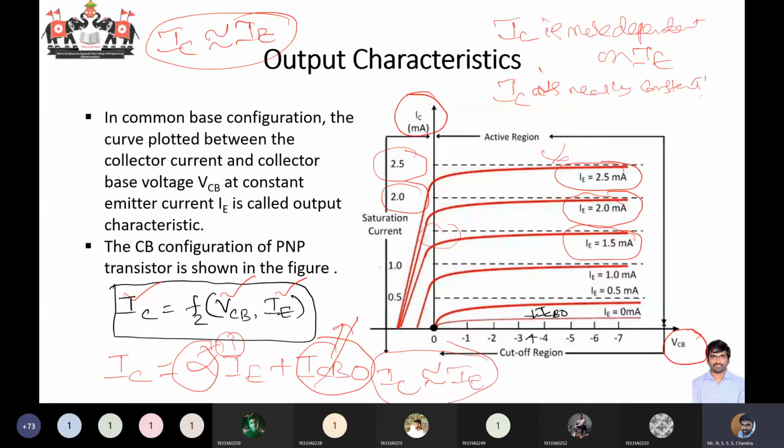So irrespective of your VCB, your graph is almost a constant graph. It only depends upon the IE. If you are increasing the IE value, your IC values are going to increase. If you see this graph, we'll take some special conditions. When IE equal to 0,